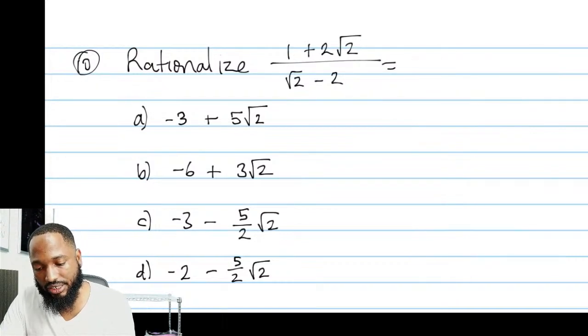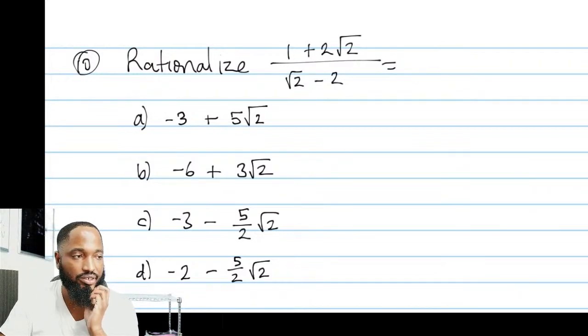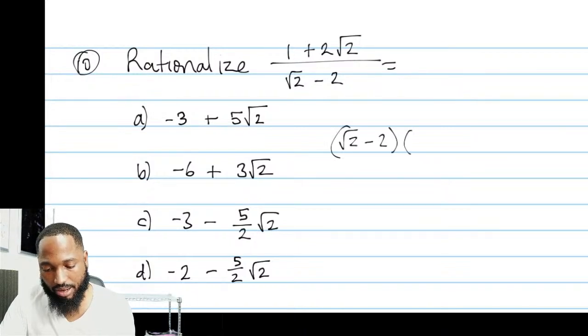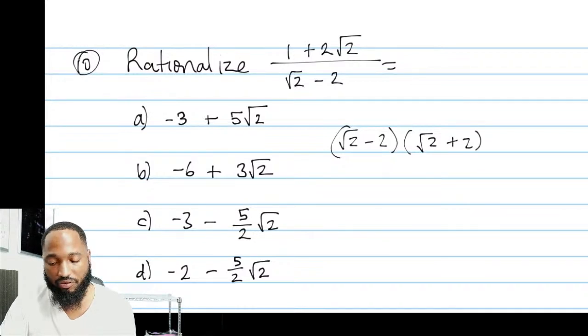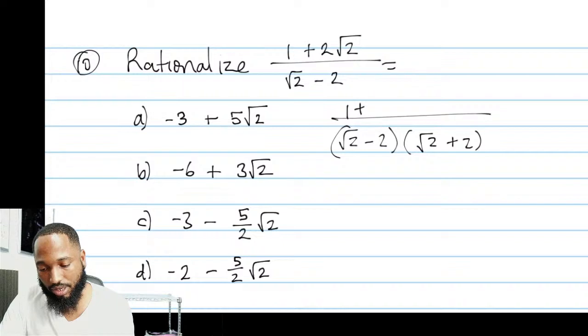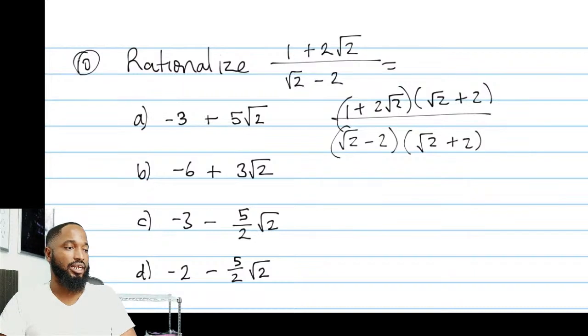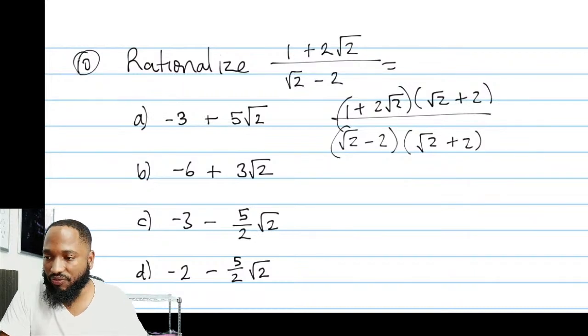The way to do this is rationalizing the denominator. The way to do this is getting rid of this by multiplying by the conjugate. So you have square root 2 minus 2 multiplied by square root 2 plus 2 on the denominator. But if you do it on the denominator, you have to do it up top as well. Square root 2 plus 2, multiply out that, and you would arrive at the same answer that your calculator gives. Anybody need any further help in this?